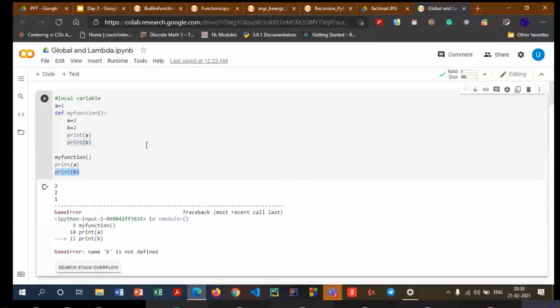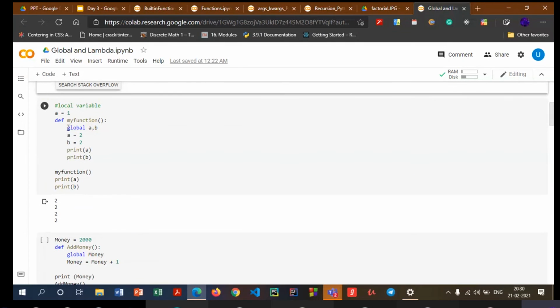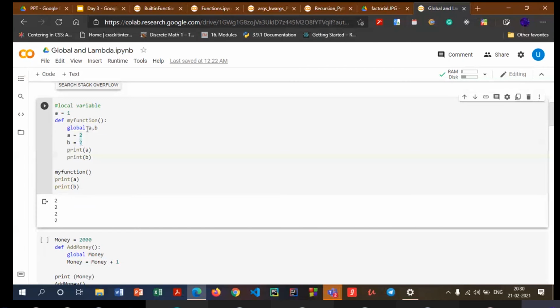So my basic motto is to have global declarations inside a function. For that, we make use of the global keyword. For example, I have global a comma b. Now what happens is this a and this a are the same because I am taking the global a inside the function.